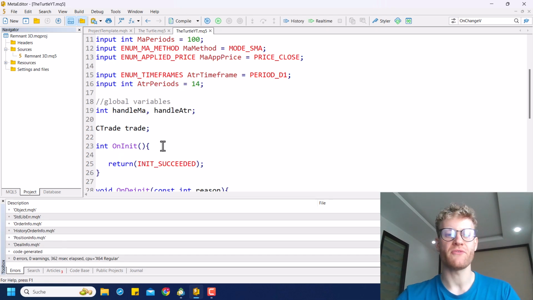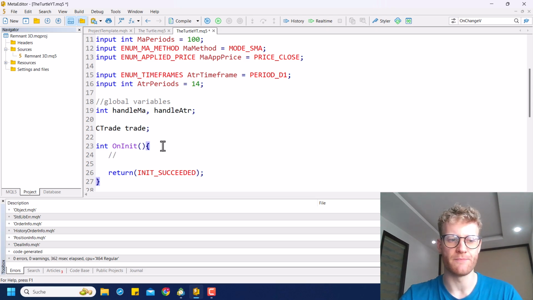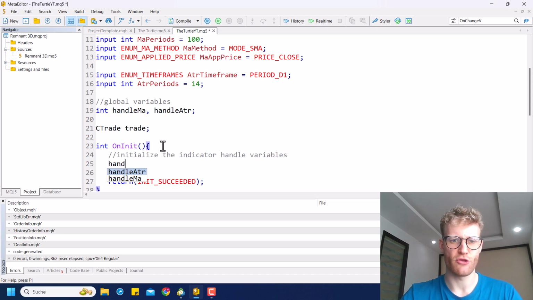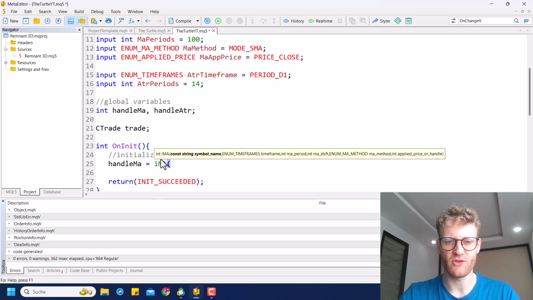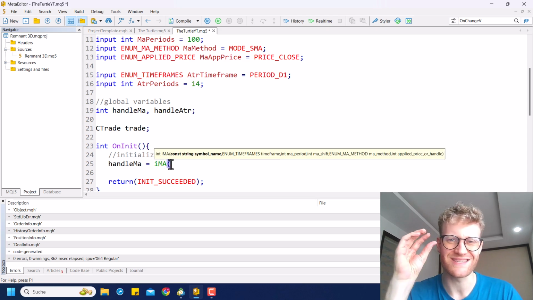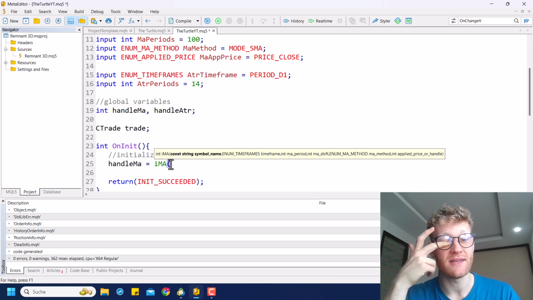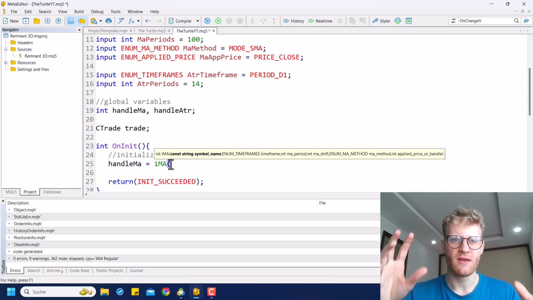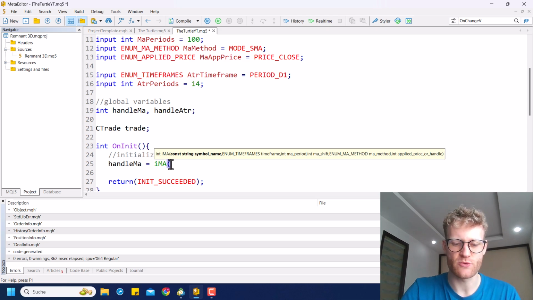Then in the OnInit function, of course, we will have to initialize the indicator handles or handle variables like this. So the handle MA will get the return value of the iMA function. The iMA function is a function that will give us the handle of one specific indicator. So we pretty much just create a description for this specific indicator, and for this description we will have to